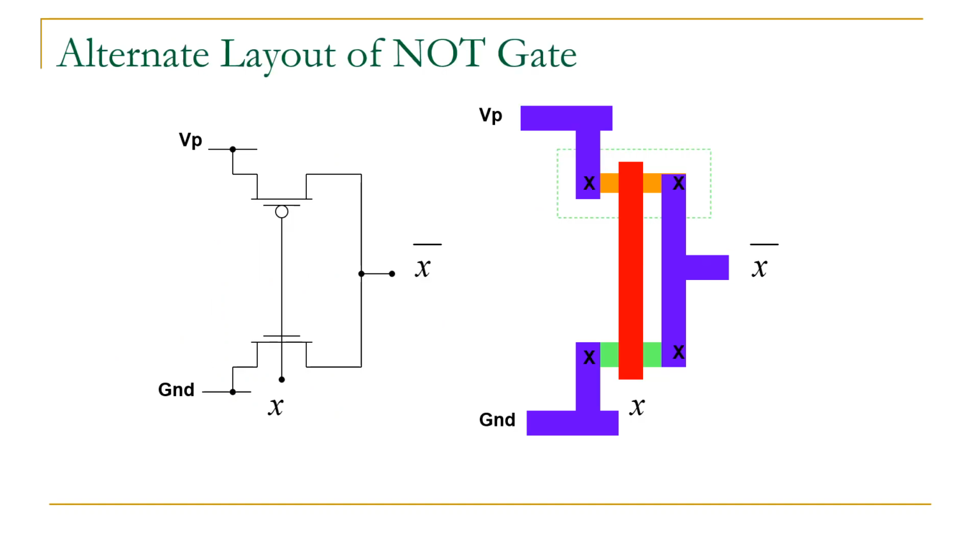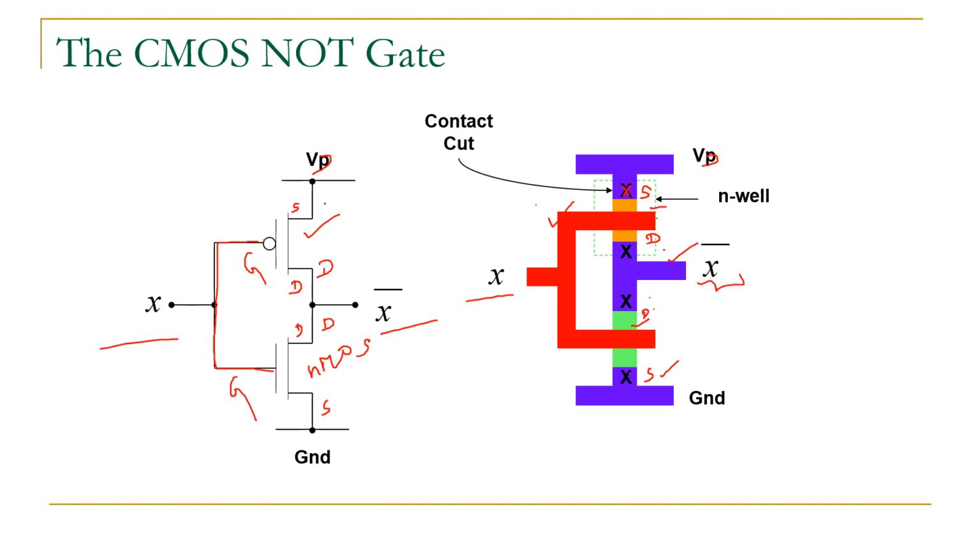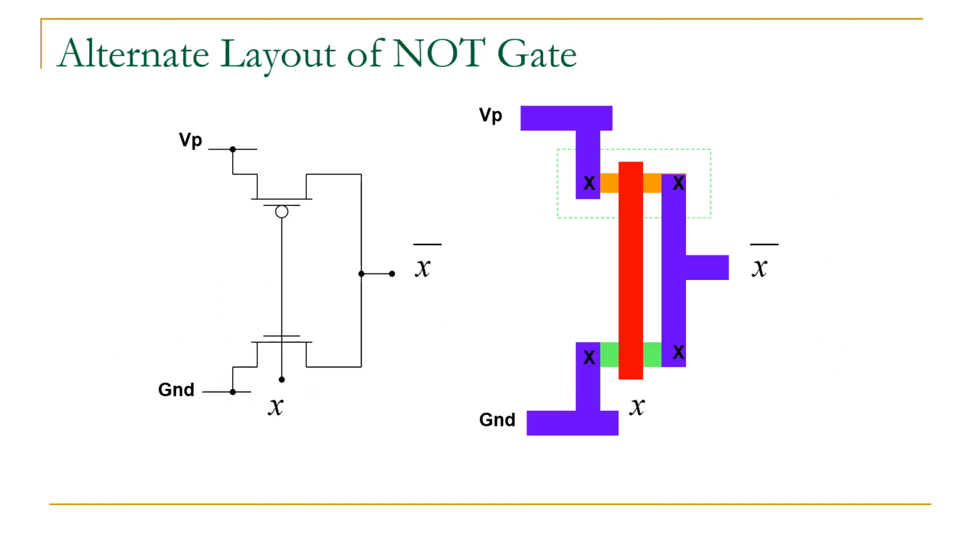And if you consider an alternate layout, what we have discussed here is a vertical layout. See here, your PMOS and NMOS are vertical, and hence the PMOS drawn here is in vertical form. The orange color here is in vertical form and the green color of your MOSFET is vertical. So this type of layout we can say is a vertical layout, and another layout is a horizontal layout.